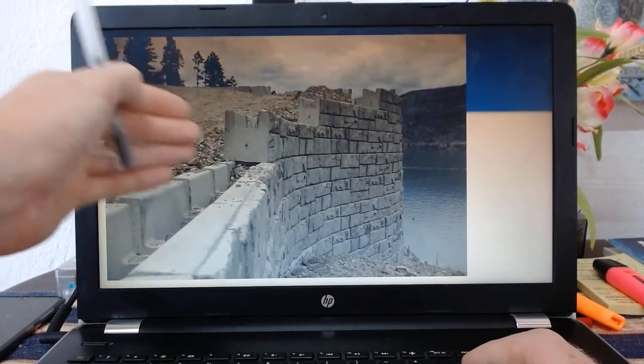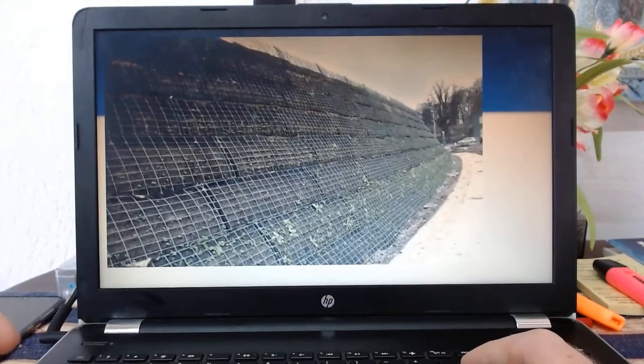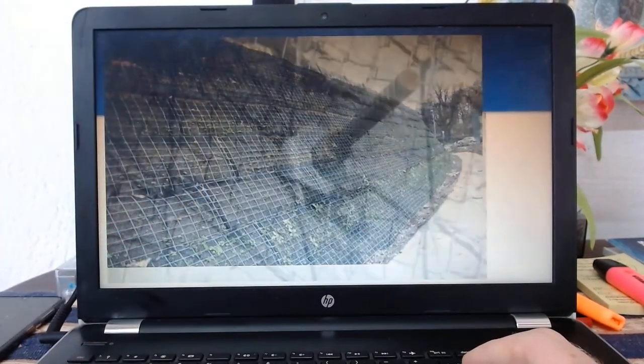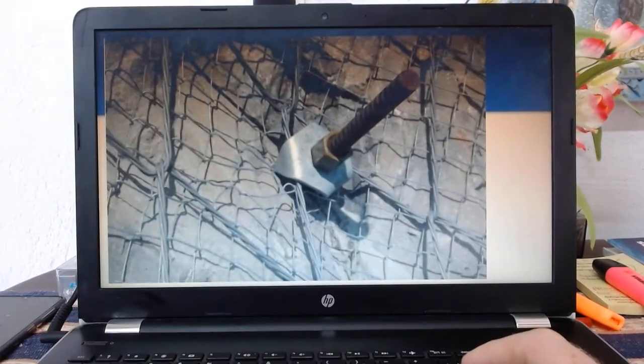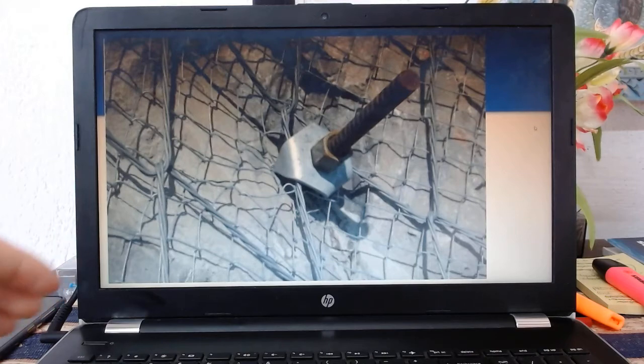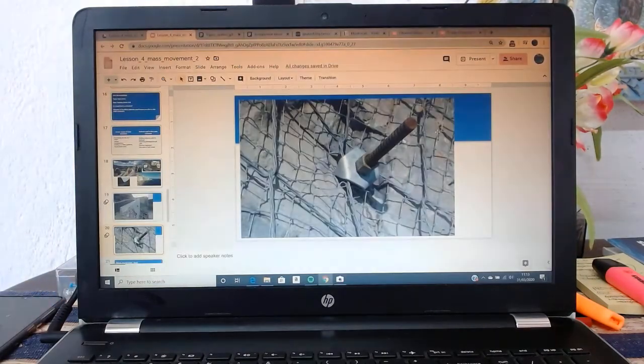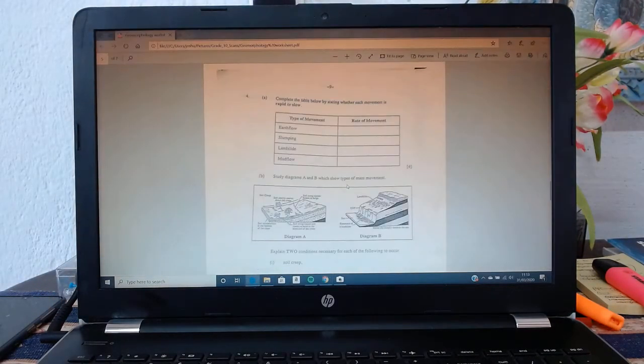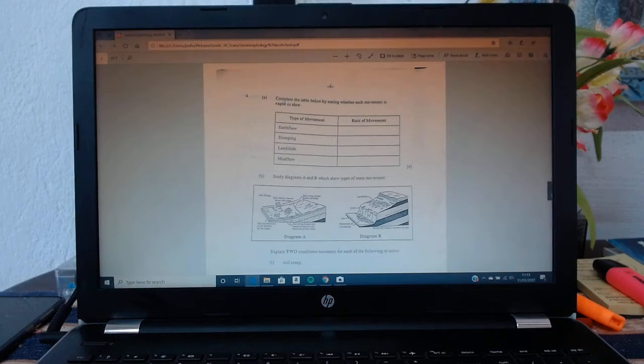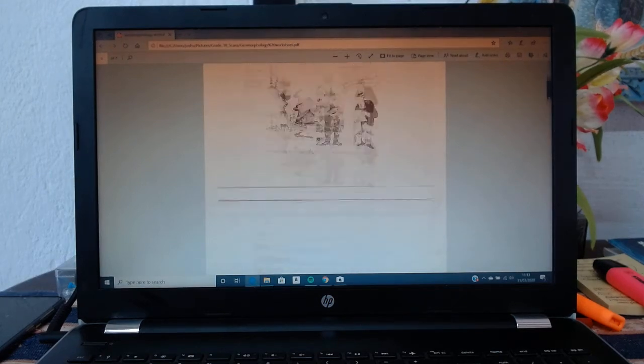These are more to stop mass movement, whereas these are just to slow it down, or if it does happen, to contain it. All right. Now, that's all the content I want to go through. Very simple. In terms of your assignment, at the bottom of this attachment that you've been sent before,